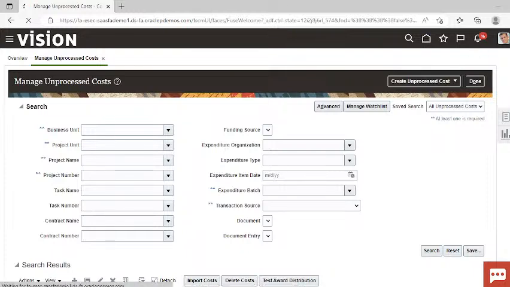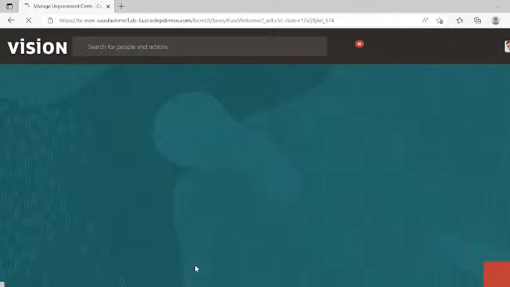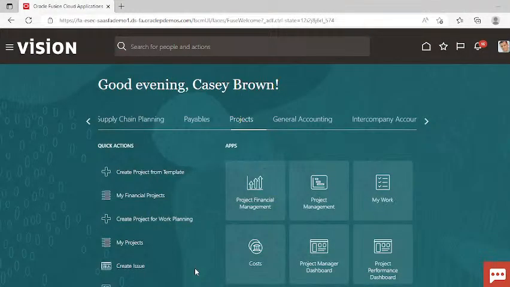Now we will move to our next task, that is creating the expenditure batch. So if you want to create the expenditure, and if those expenditure require to go through the approvals, then you have to first create the expenditure batch, and here it will only create the expenditure batch. It will not directly import the cost because approvals are required. So it will create the expenditure batch, and then you have to submit it and release the batch only after approval. So for that purpose, you have to go to the